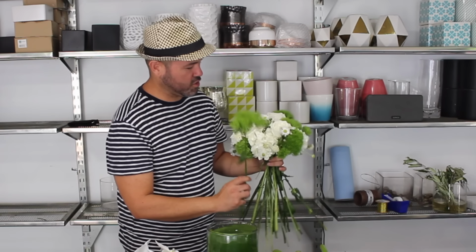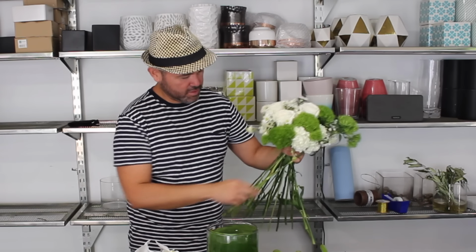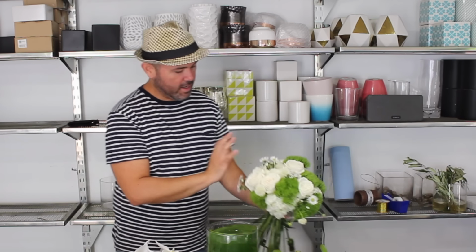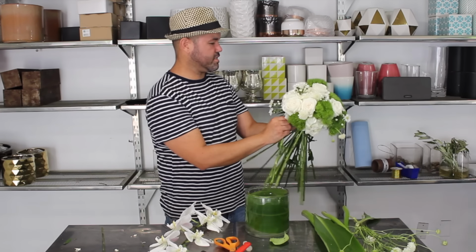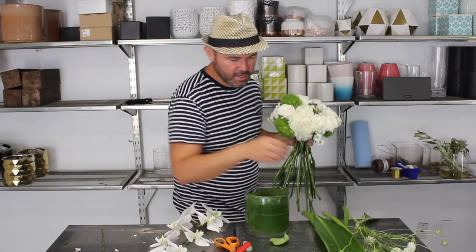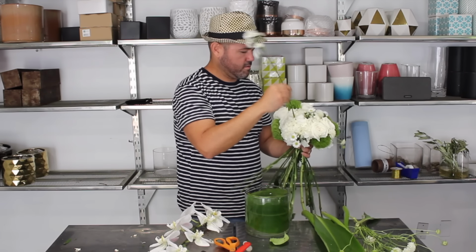Alright, so I'm going to continue to add some of this green flower, and like I mentioned, the reason why I want to do that is to break some of all of that white, because we're going to continue to add white, but we just want to have a little bit of variation of color, and then also the green is going to help us tie the color around with the container. So we're going to pull some of these flowers up a little bit. Then what I want to add is my final accent right here,